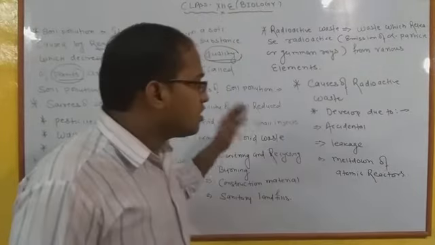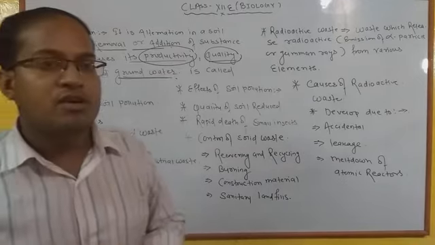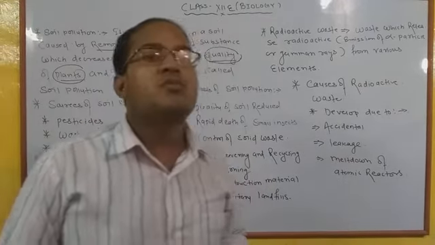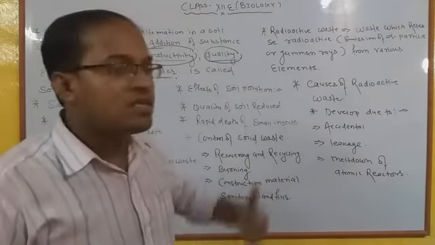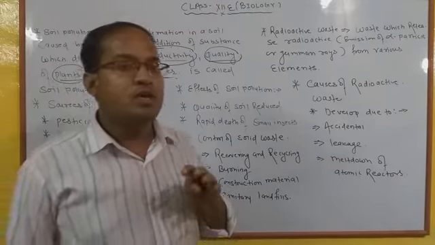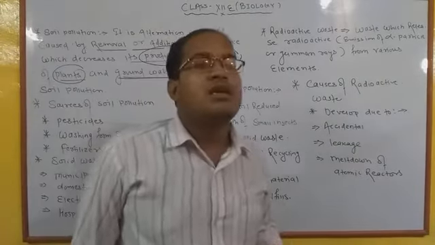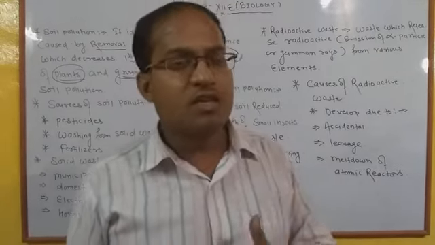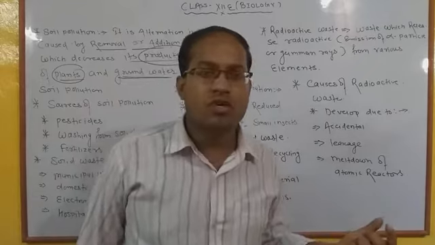Okay, so here we have seen that soil pollution is the alteration by which different types of pollution are created in our environment, and day to day these pollutions are increasing. ये pollution बढ़ते ही जा रहा है, it is not going to be less, कम तो हो नहीं रहा है. Why? Because pollution is generally created by the physical and chemical activities of human beings and many more. Okay, we will discuss one by one.